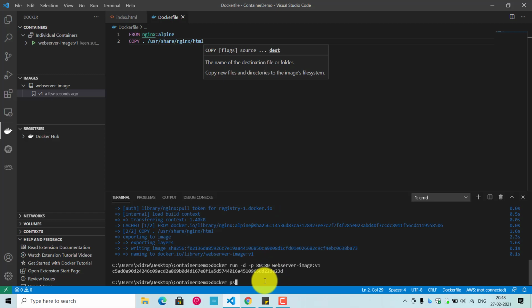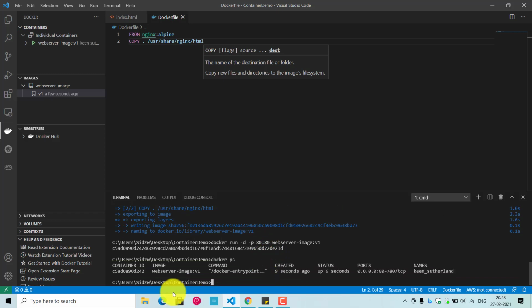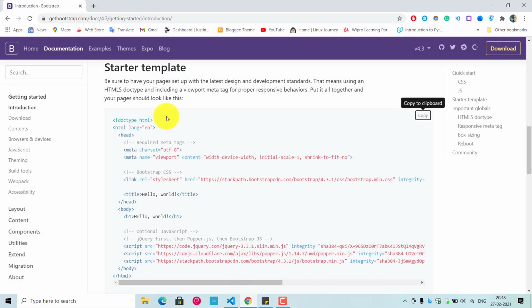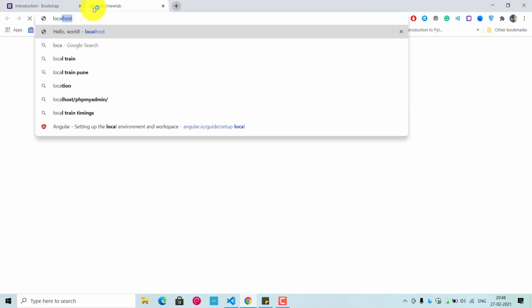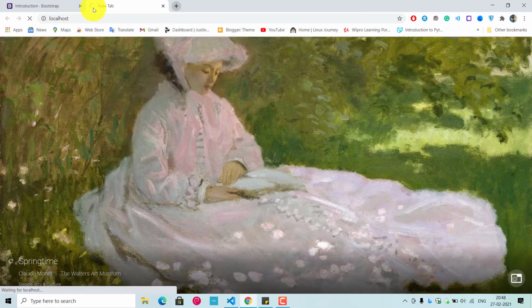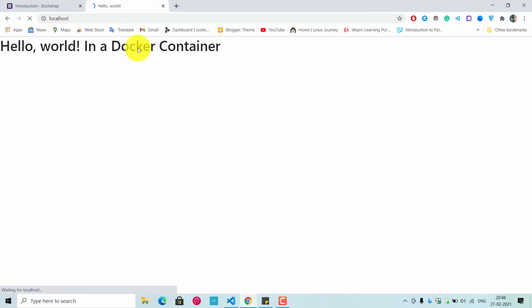You can see the running container by using docker ps. You will see one container is running with web server image, and this is the container name. In order to access this, you have to go to your browser, go to localhost, and then give the port 80.